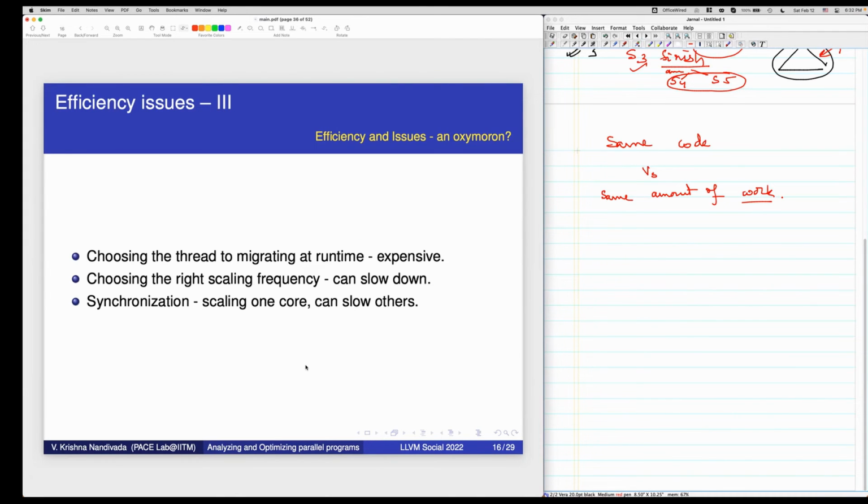Remember, there are efficiency issues. Migrating threads from one socket to another can be expensive. When you say I will reduce the frequency, how much will you reduce? If you reduce the frequency too much, then S2 will run much slower.